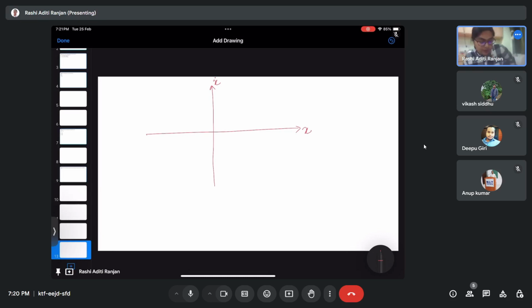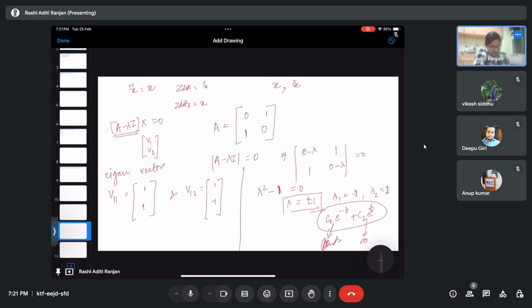Now, first I will plot the eigenvectors. One is 1, 1, which means a line like this. Another one is 1 minus 1, which is a line like this. Now these are my eigenvectors. Now I will see. For the first eigenvector, so if you will see, this 1 1 you are going to get for,